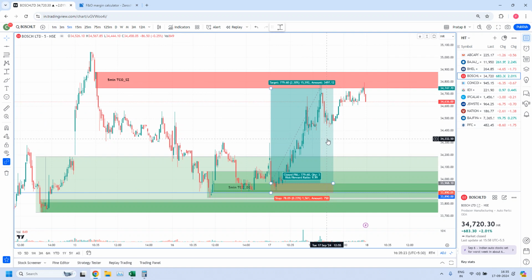Reason number one, I am not SEBI registered, so before the market I cannot give you any recommendations. And reason number two, even if I were SEBI registered, still I won't give you recommendations. The reason is I want you people to become independent traders. When I am fine tuning the zone, the same way you will also do the fine tuning. Some of the people who took the premium subscription, they are fine tuning the zones. Exactly the same way how I am fine tuning, they are also fine tuning and they are also getting the